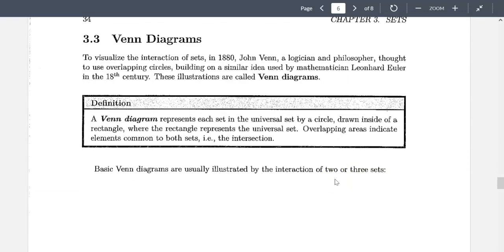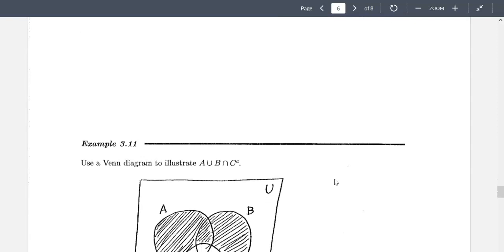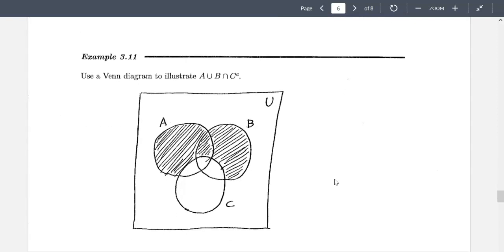Okay, so chapter 3.3, Venn diagrams. Now sometimes if we don't have a specific set, we use a Venn diagram to show the same result. For example, what's A union B intersect C complement? When you do something like this, I will start with the complement, right? So the C complement means, imagine, in this particular exercise, it helps if you have different color pencils,